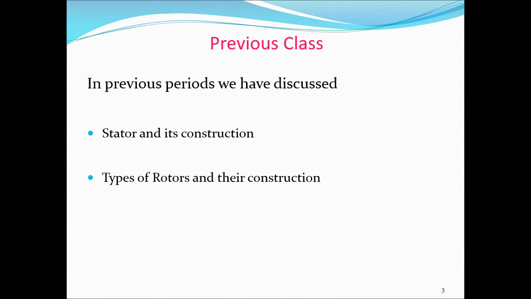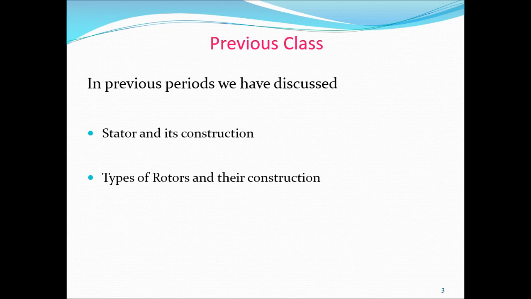How is the damper winding connected? This is connected to the rotor poles. And another advantage of this damper winding is it provides the high starting torque at the time of starting. And how is it connected? It is connected in series with the field winding, and the DC excitation is given through two slip rings.